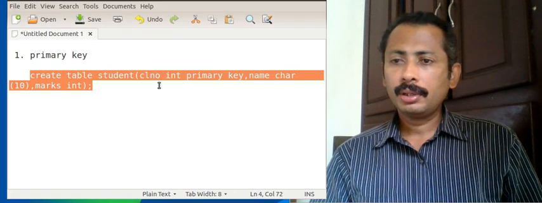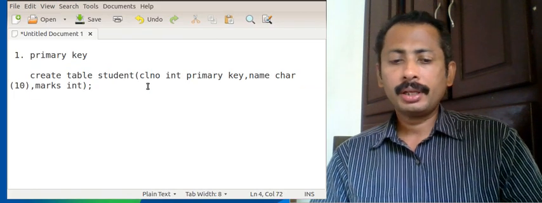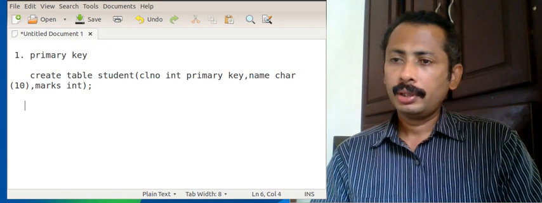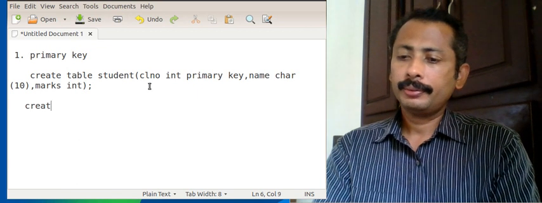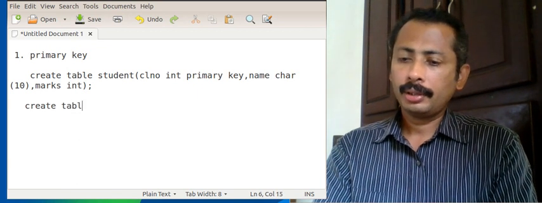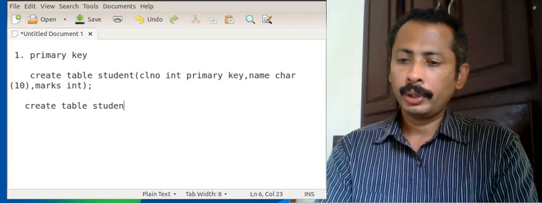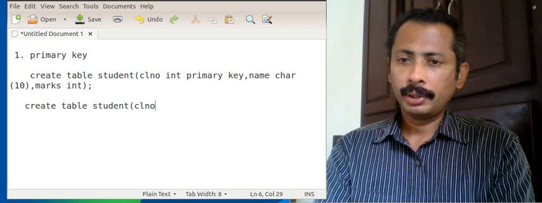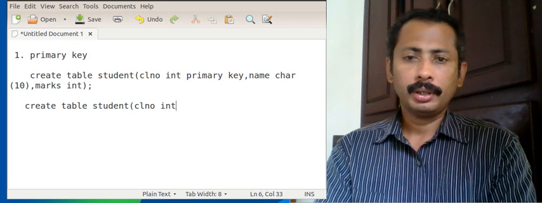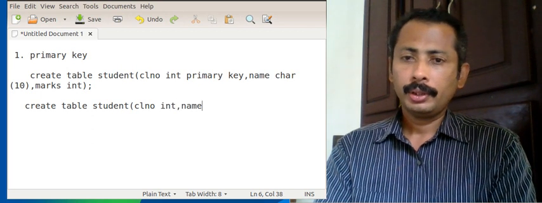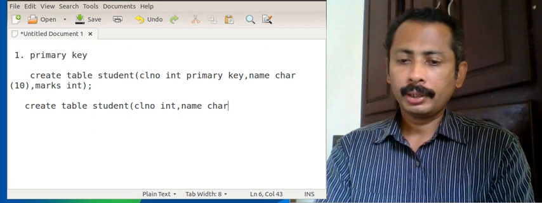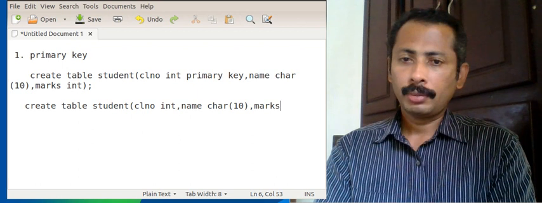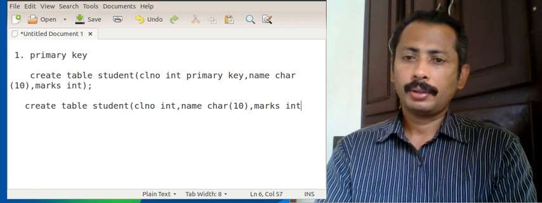Now we will see another way. I am creating a table, create table student, then class number int, comma, name character 10, comma, marks integer.